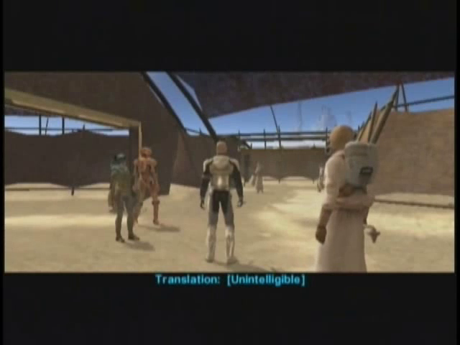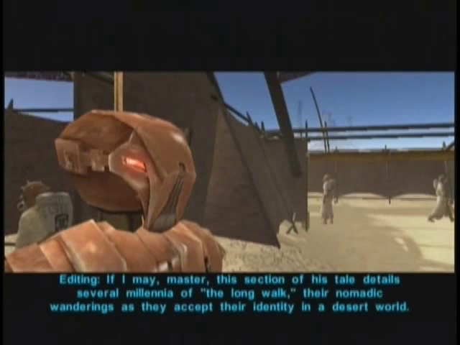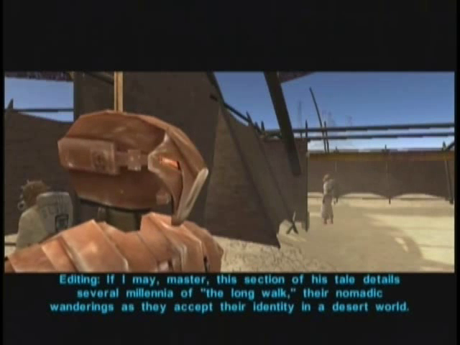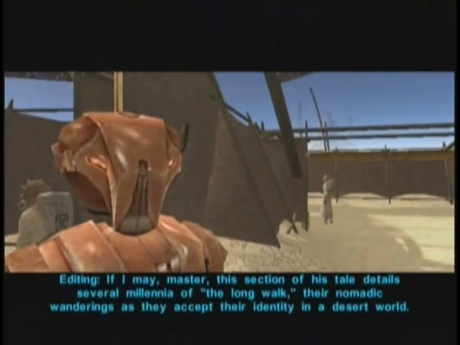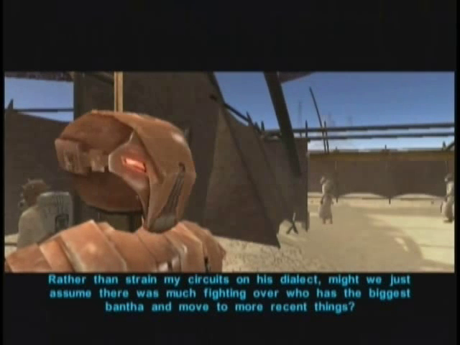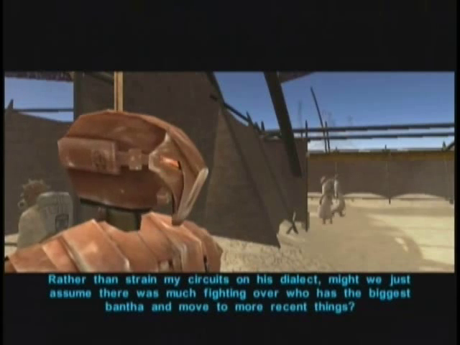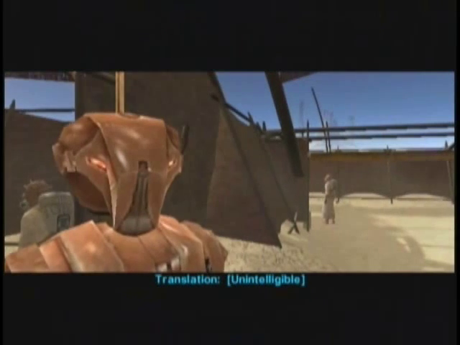Wow. Translation: editing, if I may, Master. This section of his tale details several millennia of the Long Walk, their nomadic wanderings as they accept their identity in a desert world. Rather than strain my circuits on his dialect, might we just assume there was much fighting over who has the biggest bantha and move on to more recent things? Okay, yeah. Translation: